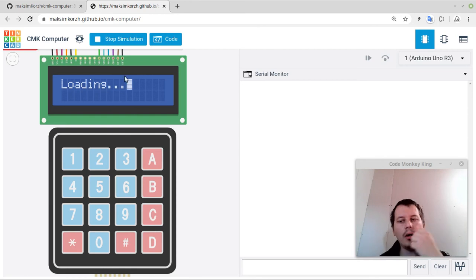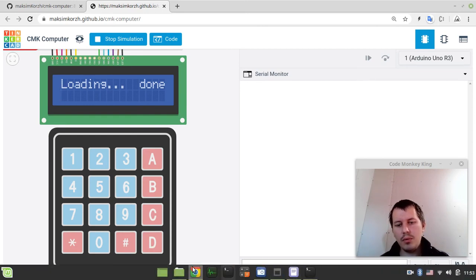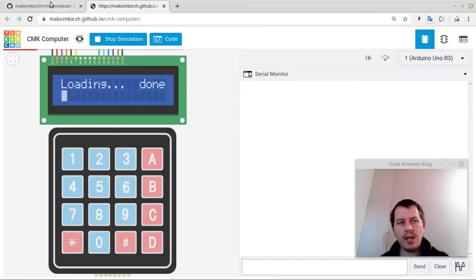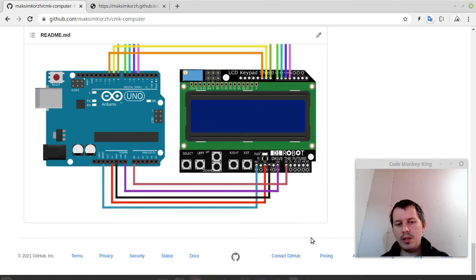And again, like on the real hardware, it works almost instantly, which is good news. And again, like when I was debugging this Chrome DINO game, I was really doing this on the real hardware just because it's faster, and I also have the shortcuts for all the commands. On the real hardware, by the way, what you can do, instead of typing this FFFD, FFFC, B, and so on, is